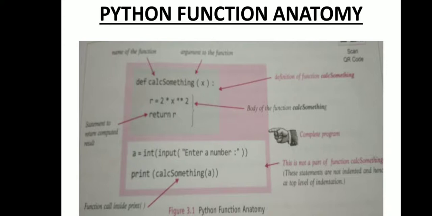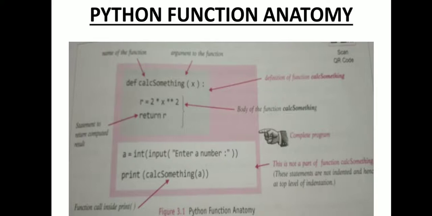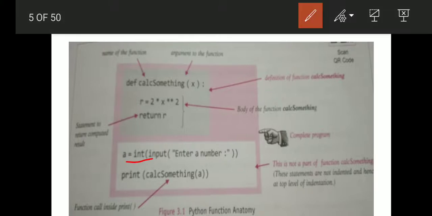Now how to call? I have told you that we have to call the function. How to call the function? What will we do here? Basically you are aware that it is returning the result. So how to print this result outside? What will we do here right now? As you can see here, first we will give the input. What is the input for? The x variable. Here we have taken a variable.